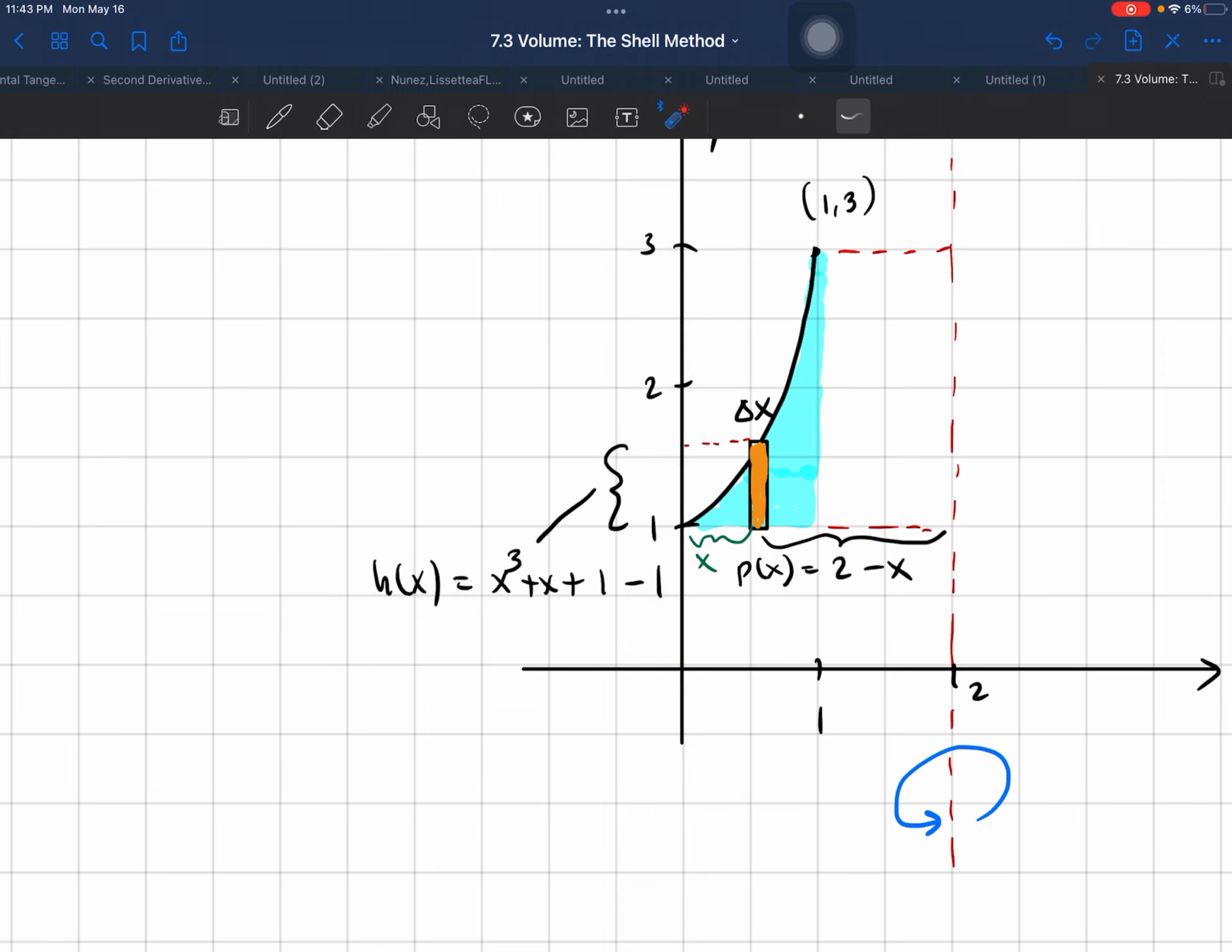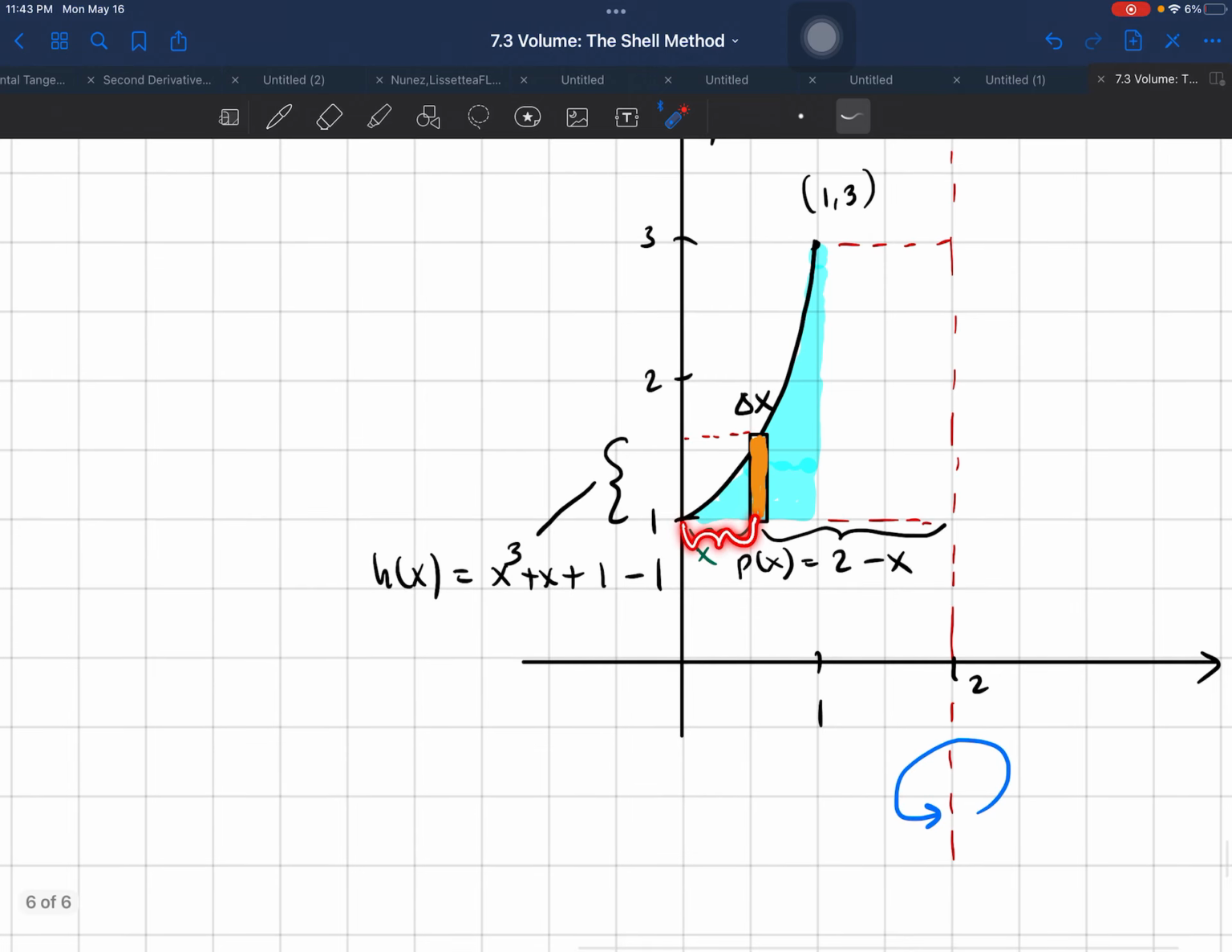So that's not the correct way, right? What we need to do is figure out the distance from here to here. And it's actually not that bad, because all you have to figure out is, if this right here is x, and we know that this is at 2,